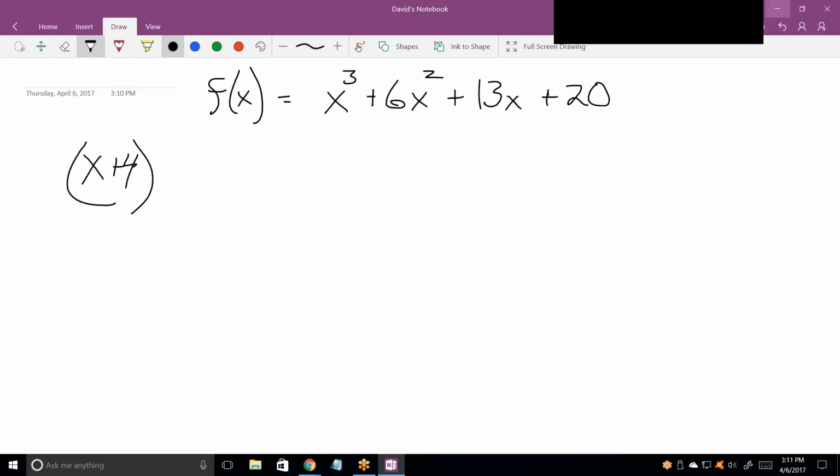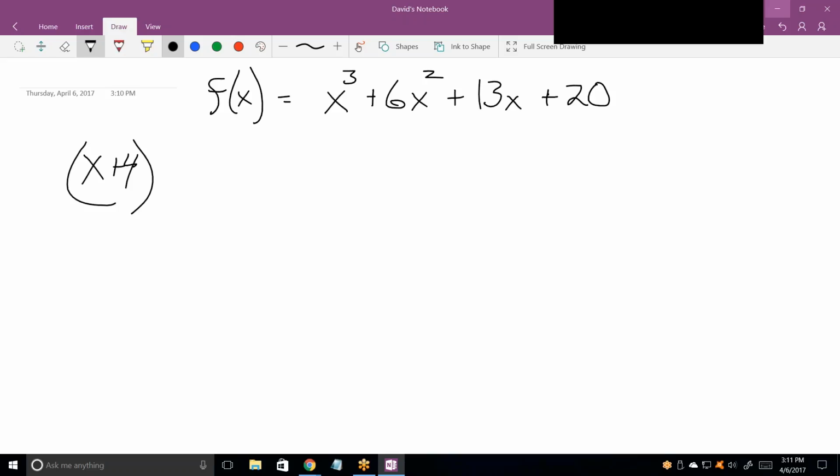Because, first of all, you probably haven't discovered it yet, but cubics are enormously difficult to find zeros for. And I mean enormously. This might be a 20-minute problem. If you gave me just that function and said find the zeros, probably a 20-minute problem. There is no such thing as a cubic formula like there is a quadratic formula. In other words, you can solve any quadratic fairly quickly by just using the quadratic formula,